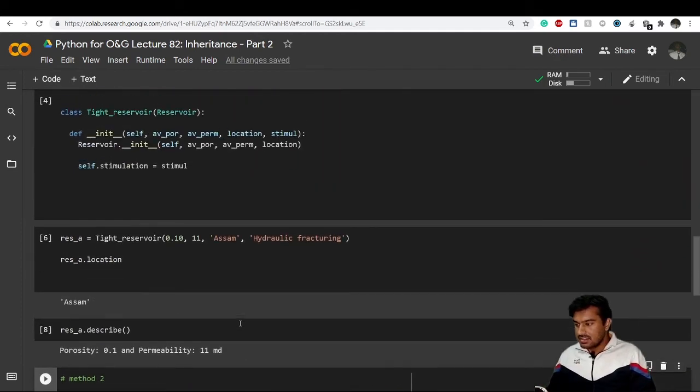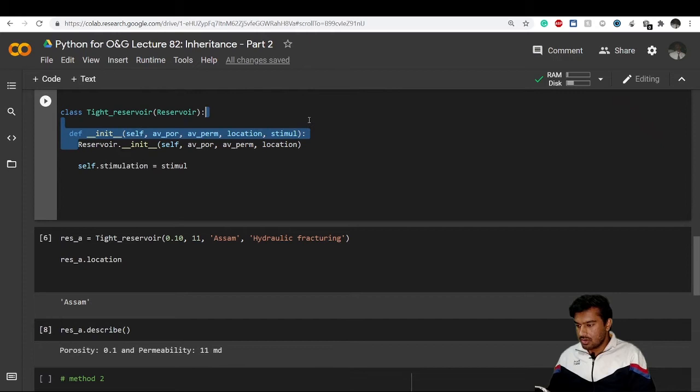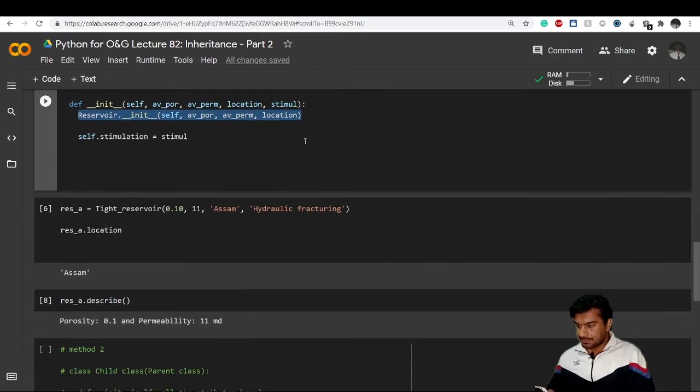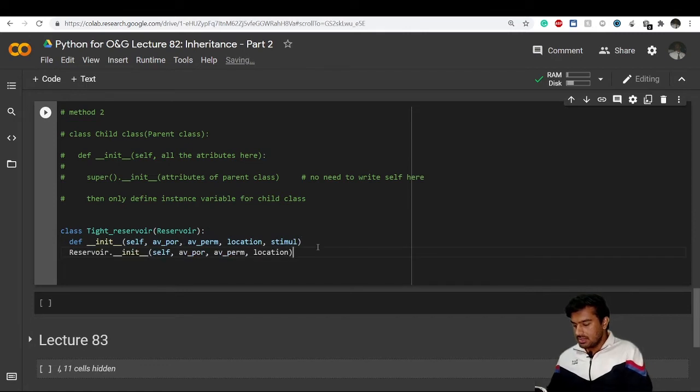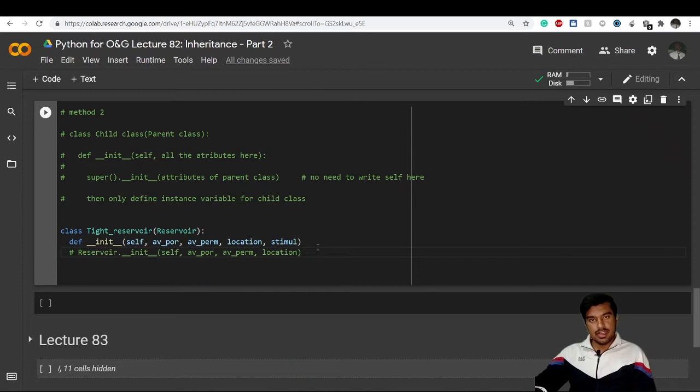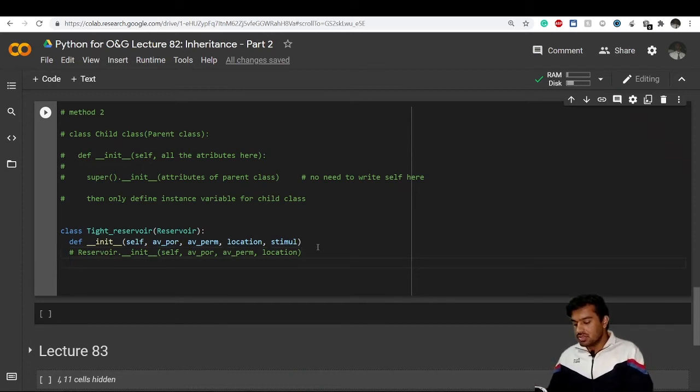But the next line in the above method was this line, I'll copy this. Next line is this one, but we don't require this line. Instead of this line, I've just commented it out. Instead of this line, we'll use the super function here. super().__init__